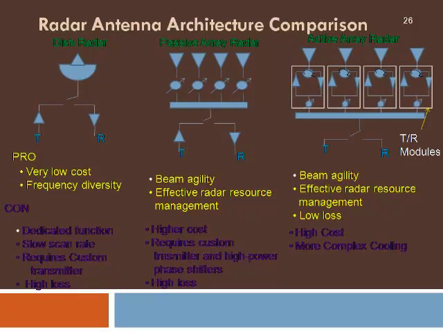Also there is low loss because the amplifiers and the antennas are connected back to back and hence there is no transmission loss. But on the other side, the demerits are the high cost and a more complex cooling mechanism is required because so many amplifiers are working at a very small size, hence the heating effect must be taken care of